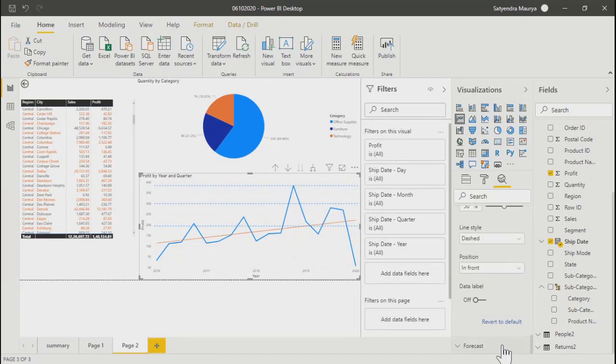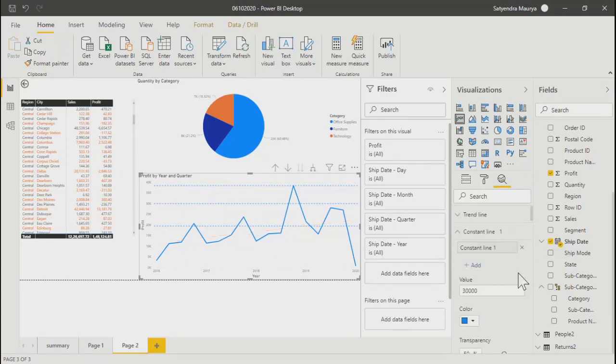Now the last one is forecast, right? Before going to forecast, let me get rid of all other lines. Okay, last option is forecast.